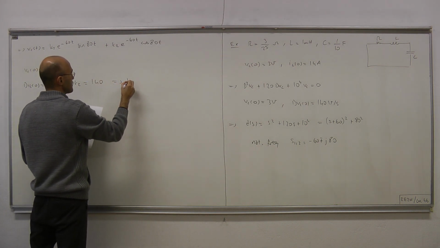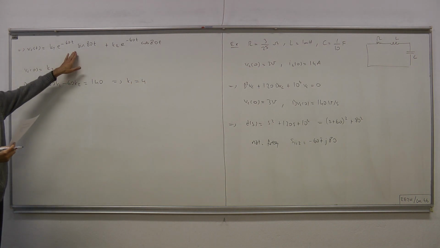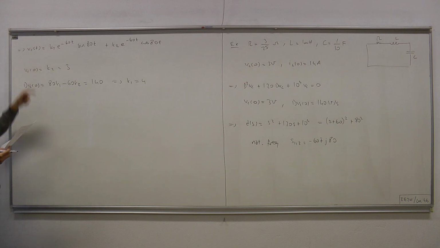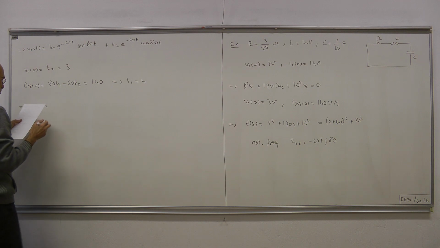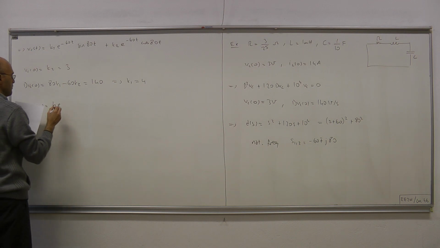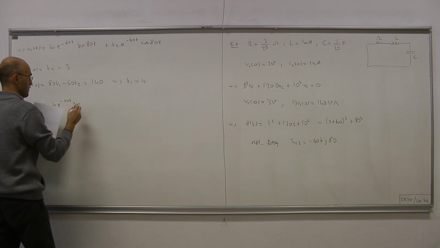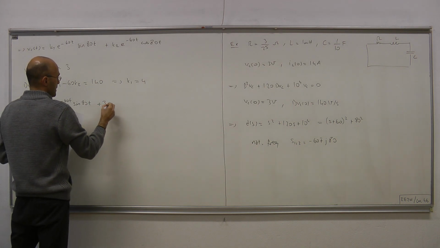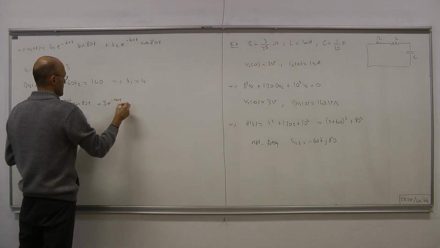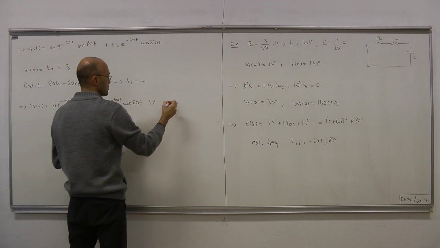Okay, that yields k1 equals 4. So k1 and k2 are now determined. That means we have our solution. Hence, capacitor voltage must be 4 e to the minus 60t sine 80t plus 3 e to the minus 60t cosine 80t volts